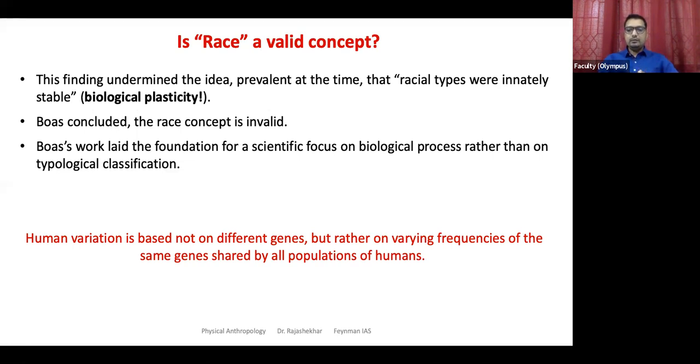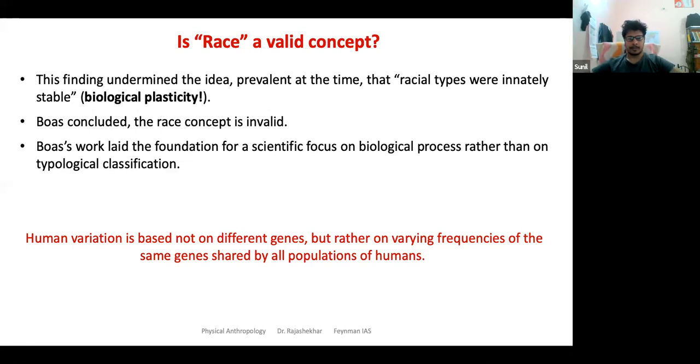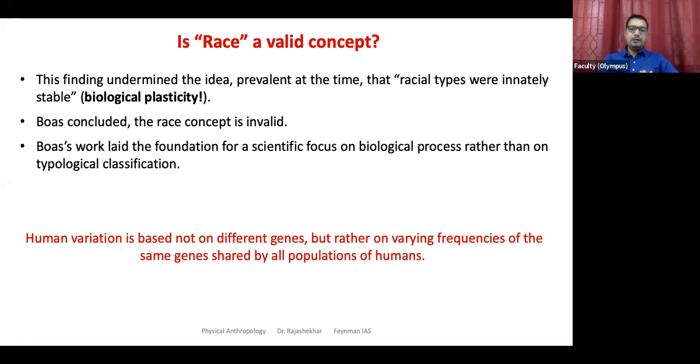So environmental influence. What he was trying to show is that it is changing. What is the reason behind it? One of the major factors is environment. But inherent plasticity is there. It is not fixed. So he was trying to show that. So the concept that they believed, that this is fixed, that Africans are not fixed, Americans are not fixed. Their characteristics would change. They may even disappear. The differences may disappear, which are already disappearing if you go to America.